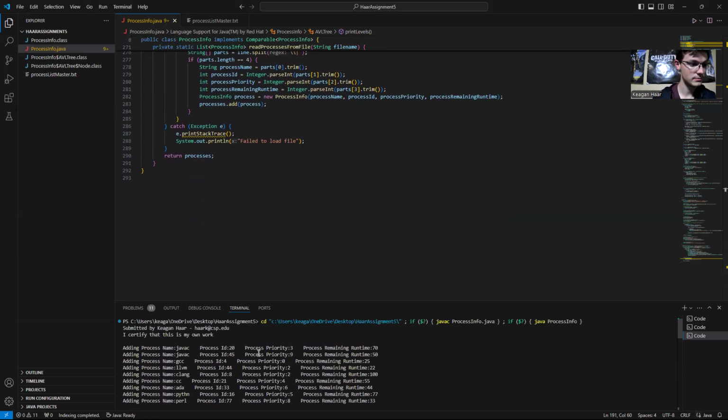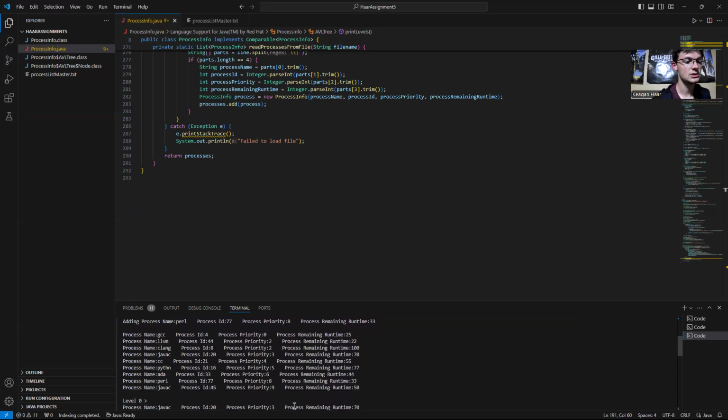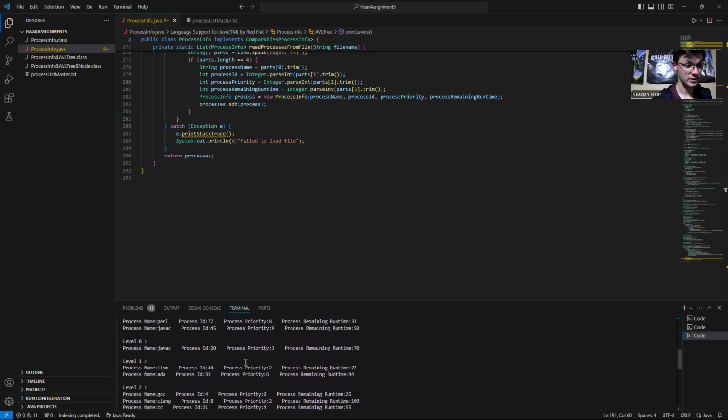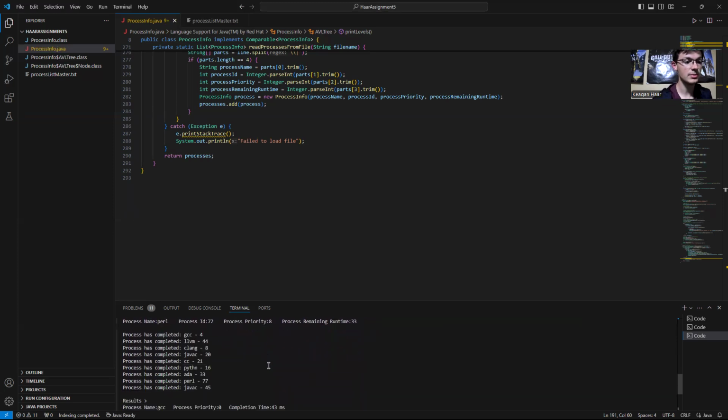So when we load it, we've got my name here, email, certify that this is my own work. Then we've got adding all of our processes. And then these are all of our processes in ordered list. Then we've got our levels here, level 0, 1, 2, and 3, printing all of those out based on process priority. Then we just say, hey, all these